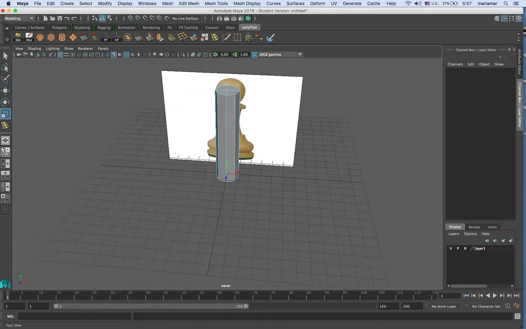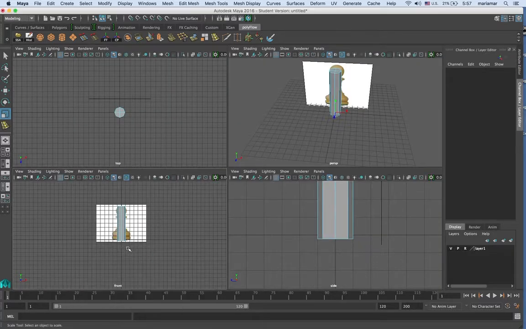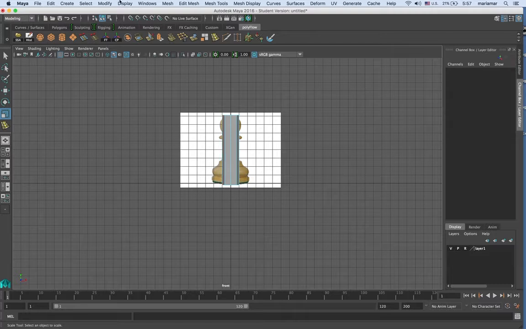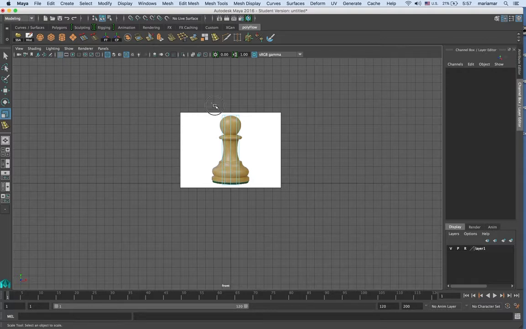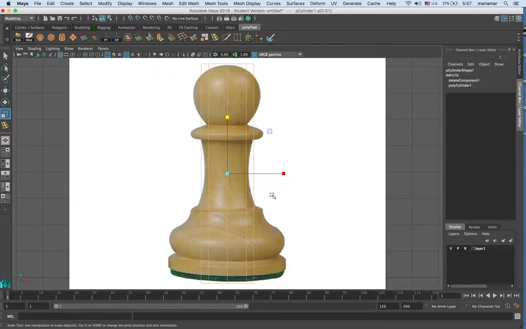So to do that, I'm going to go into my side mode again, and I'm going to go into my wireframe mode so I can see where to add the edge loops. You select this object, hit F, then it'll zoom in and I can deselect it. It'll focus whatever you selected in the middle of the screen. I'm going to go to my insert edge loop tool,